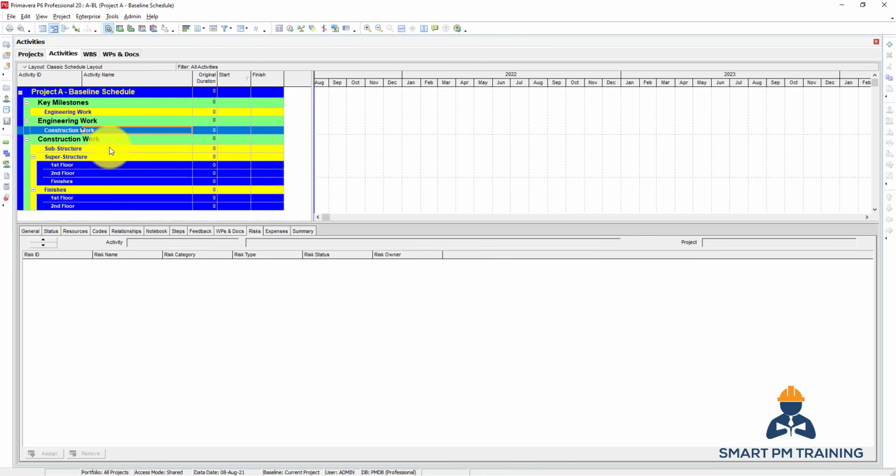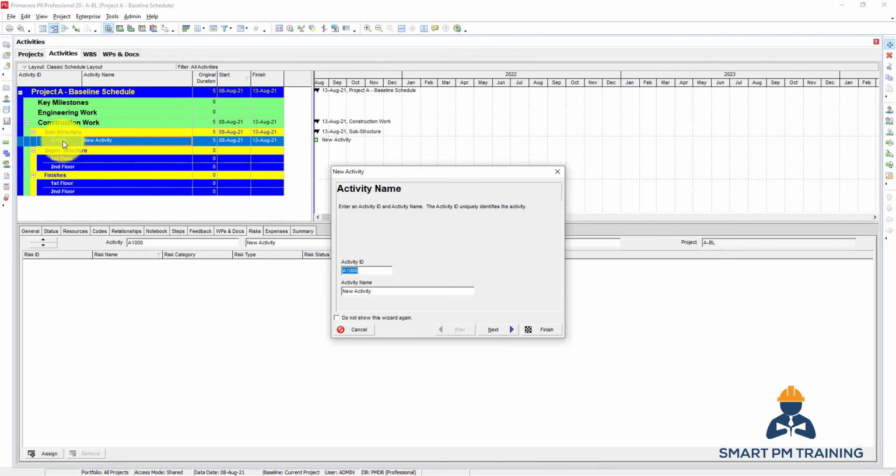And let's go for the construction work. For substructure, I will click on the add activity here, or I can click insert from my keyboard. Click new activity. This is the activity ID. You can rename it whatever you want, and I will have excavation. Click next